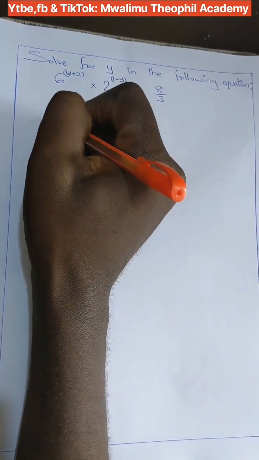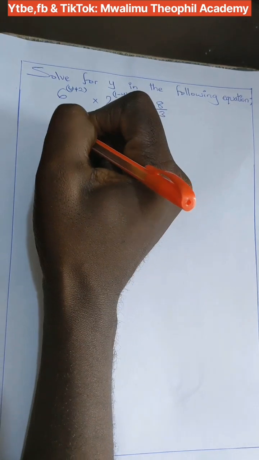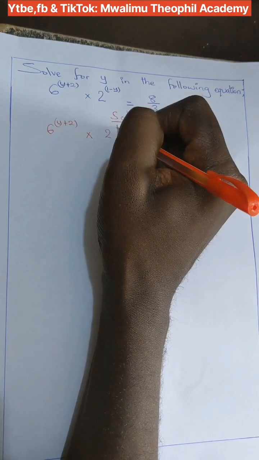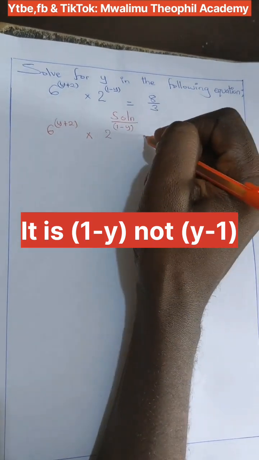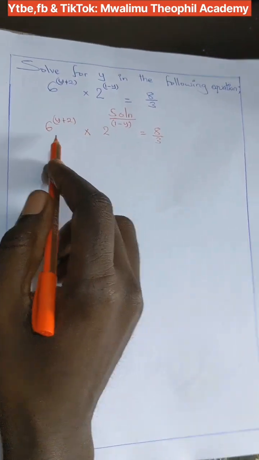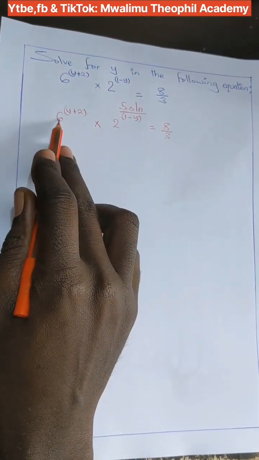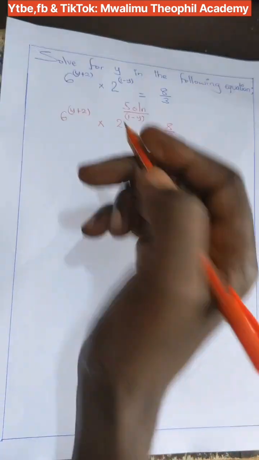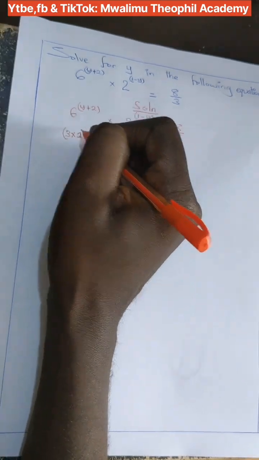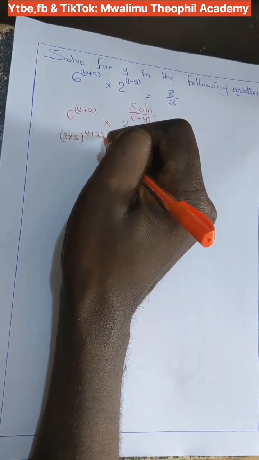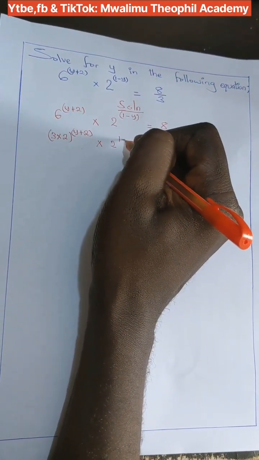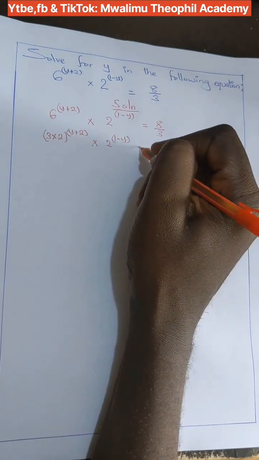Here we have 6^(y+2) times 2^(y-1) is equal to 8 divided by 3. Here we may break down this 6 into 3 times 2. So here we are going to have (3 times 2) raised to y plus 2, times 2 raised to 1 minus y, is equal to